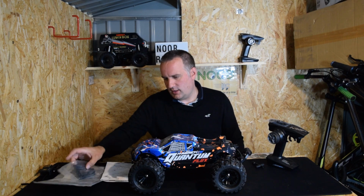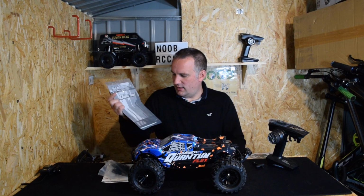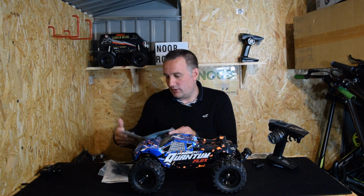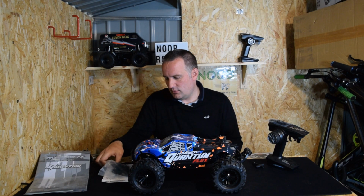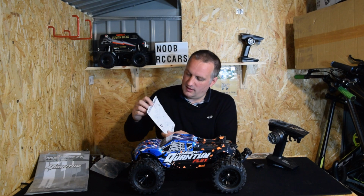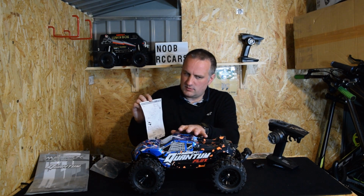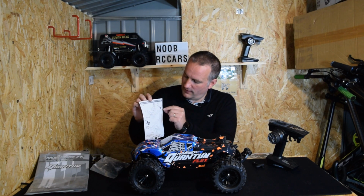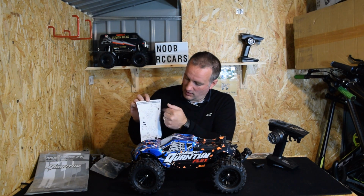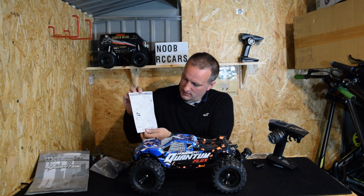Also in the box you get the usual quick start guide instructions. I don't think there's really a lot in there that you need, but you can have a read through if you want to. I've also got a small little bit of paper, which you probably can't see from back there, but these vehicles now come, I bought this probably 3 weeks ago now, they now come with the HD CVA front drive shafts as standard, the updated higher